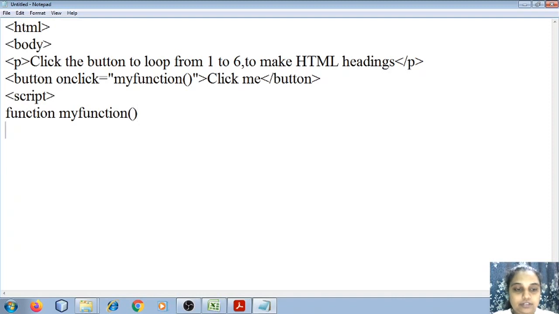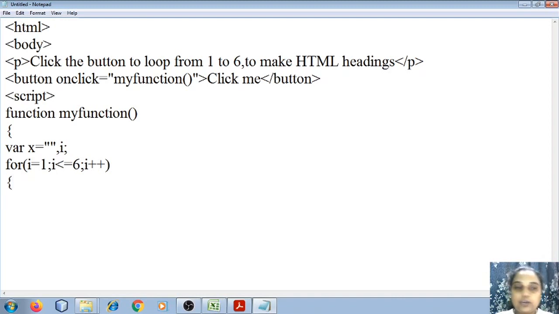All right, and then I say variable x is equal to blank, and i. Okay, I'm giving the value for x as empty, and then 2 variables I have defined. Okay, then I'm going to start with the for loop. I say for i is equal to 1, i is less than or equal to 6, i plus plus. So the for loop has initialization, condition, and then increment or decrement.